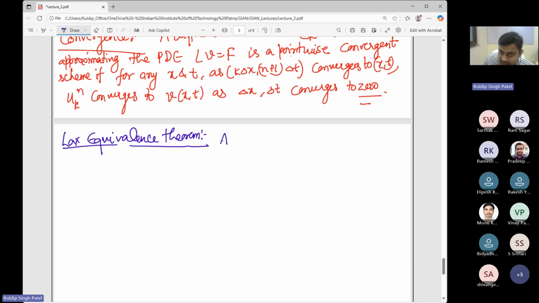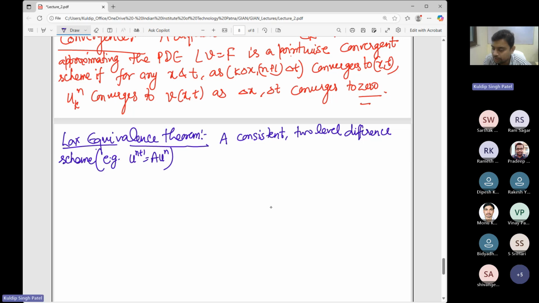Please read this carefully. A consistent two level difference scheme for an initial value problem. Two level means n and n plus 1. There are only two. In the scheme, there is n and n plus 1. It is not n plus 2 or n minus 1. So you have u^(n+1) equals A u^n. Two level difference scheme, for example, we have seen this. A consistent two level difference scheme for a well-posed linear initial value problem